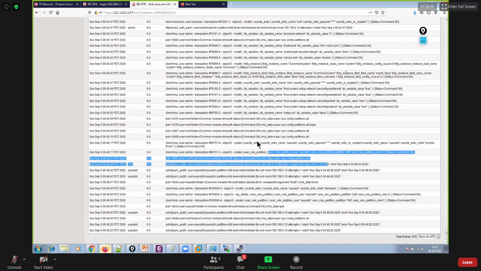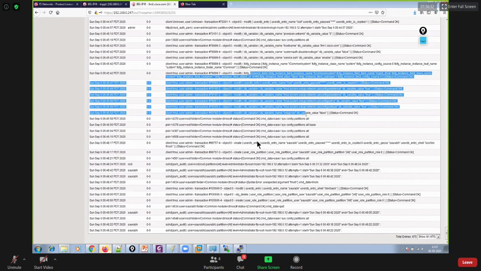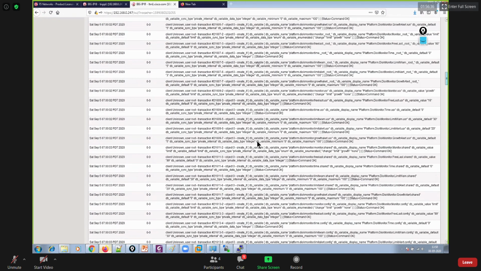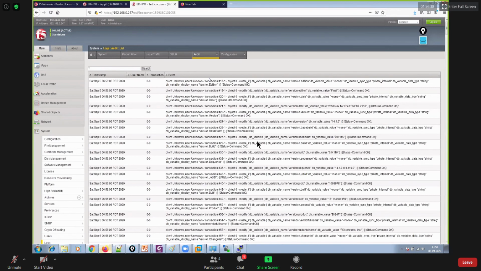So whatever I'm doing on this box, you can find all of that configuration under audit logs. You can see who did what on this box with regard to configuration.